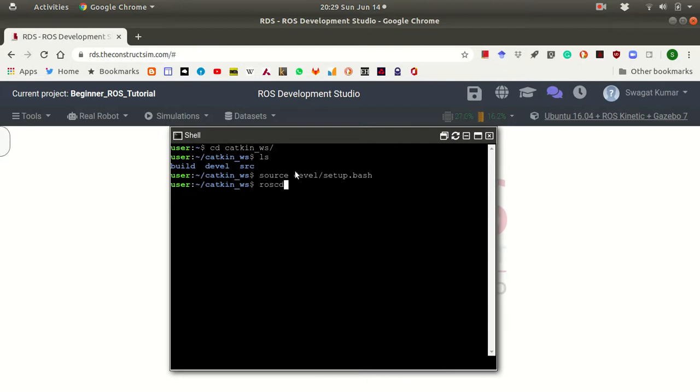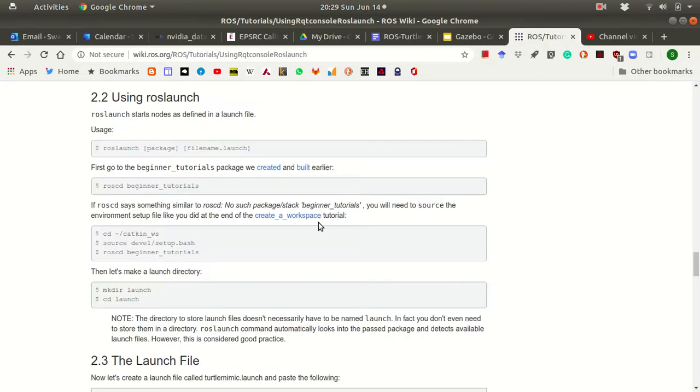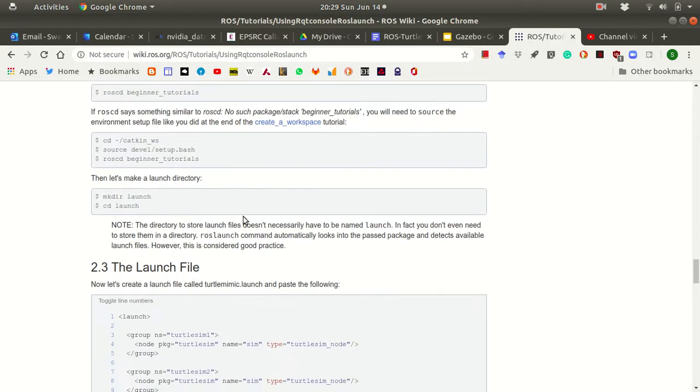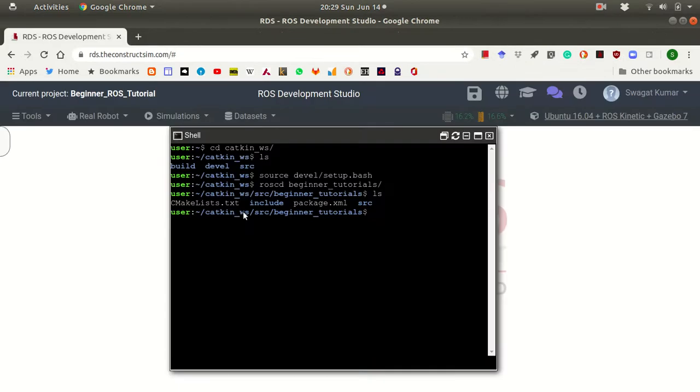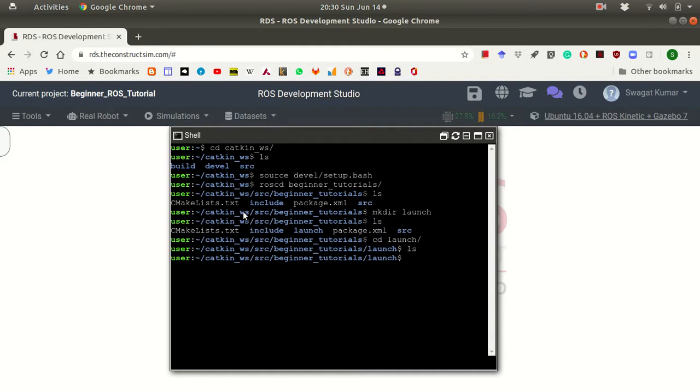So if I do roscd, we have beginner_tutorials there. The tab is working, that means beginner_tutorials is already installed. And alright, so we have done this. So what we'll do today, we'll create another folder called launch within this beginner_tutorials. Okay, then let's go to cd launch, and